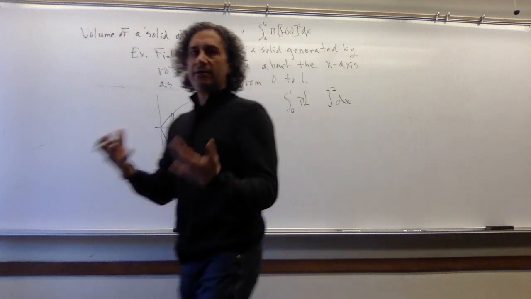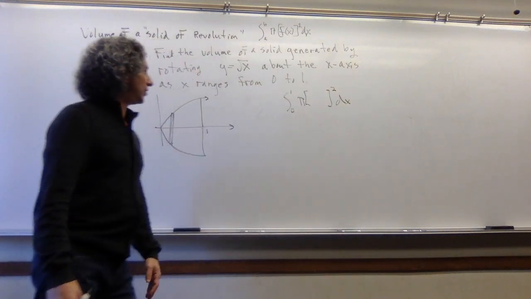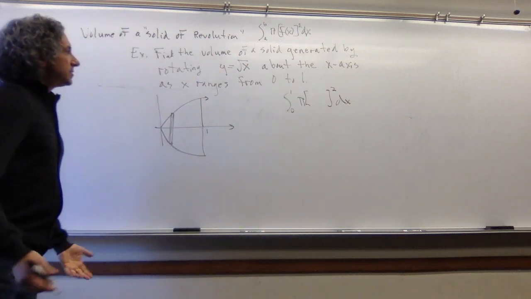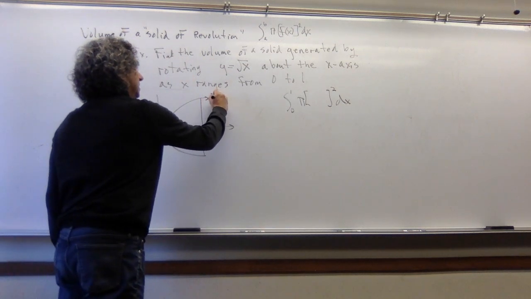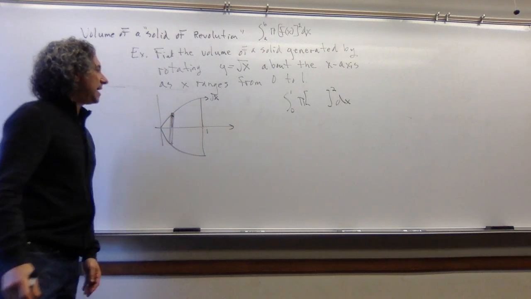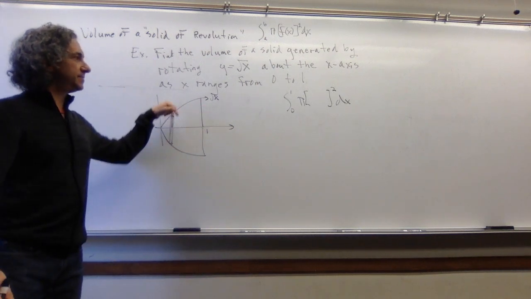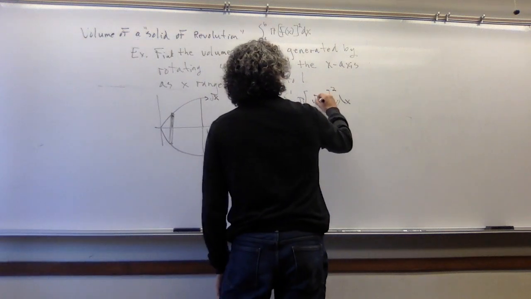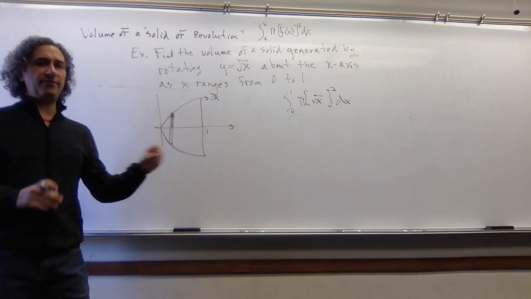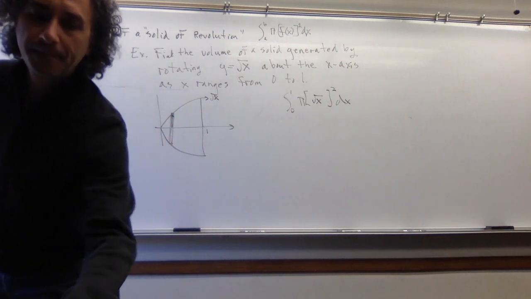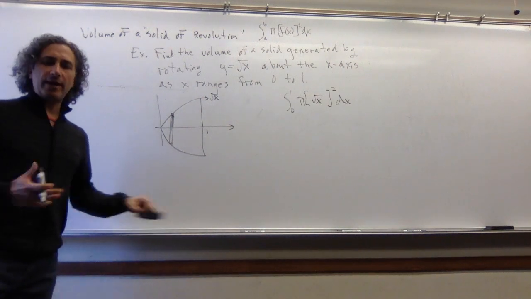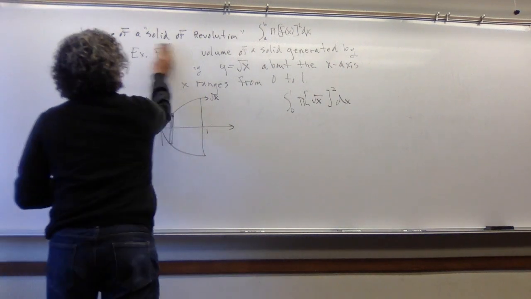So I always write out the skeleton of the integral first, and then I think about the piece that requires the most thought. So in this case, it's not too bad, because the radius for a given x is just going to be the square root of x. So this will go in here, and that is the integral representing the volume of this. All right, let's do a couple more examples that are a little bit more interesting.